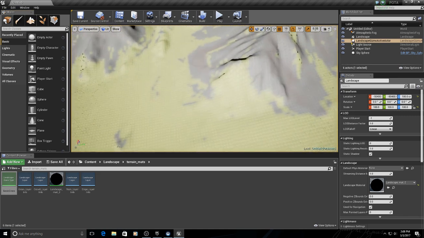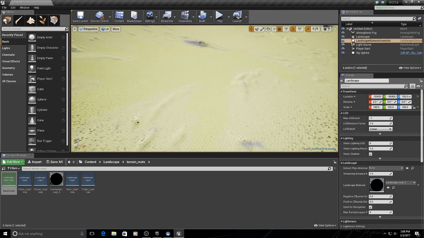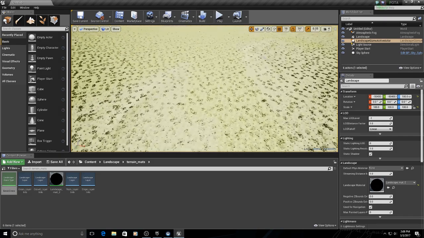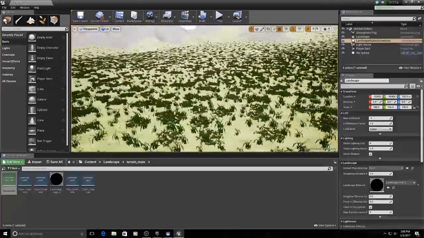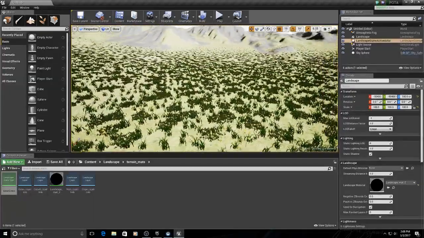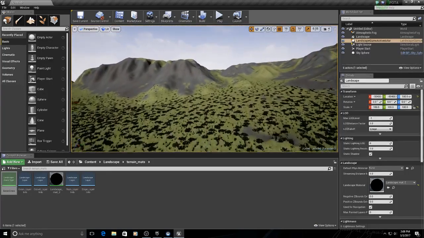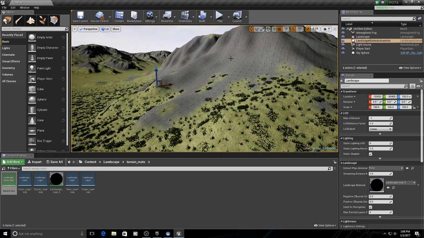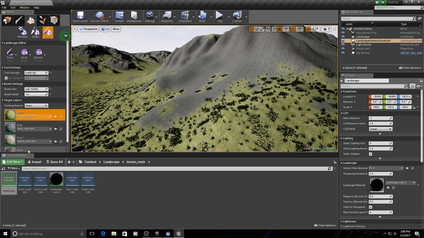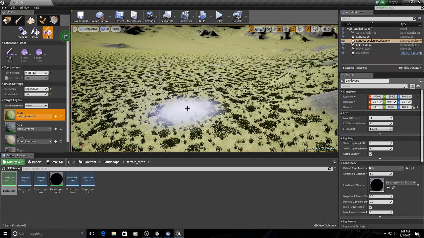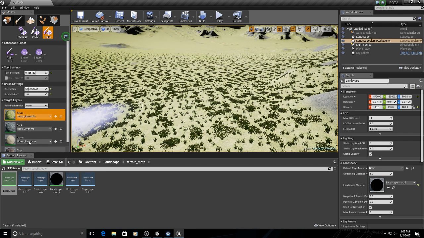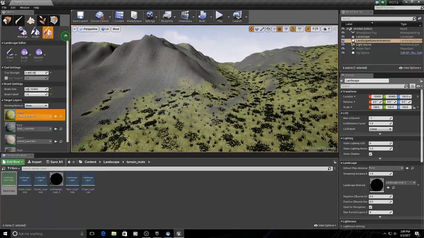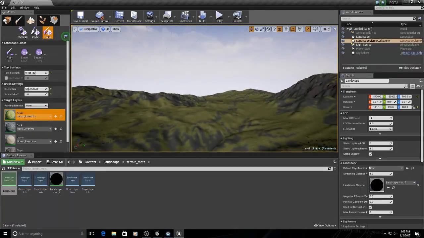So now if we zoom in a little bit, these areas that I've just painted should end up with a much more dense amount of grass there. Yeah, you can kind of sort of see it. It's coming through now. And then as we go up, that density will change. There's no grass in our rock because this is mostly either rock or slope. Whereas this section here is going to be a mix of probably gravel and sand, gravel and grass. Whereas this is going to be rock and slope, and then up the top here we're going to be